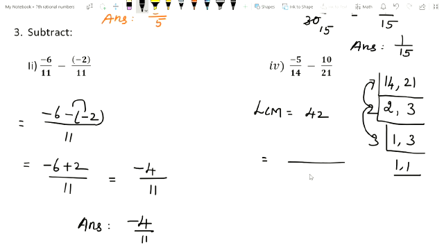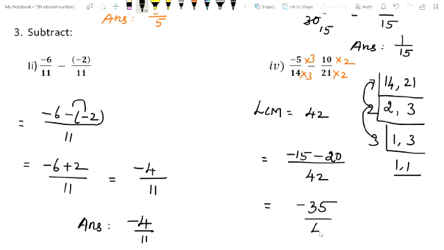The common denominator is 42. See the first term, minus 5 by 14. Here the denominator is 14, so we have to multiply with 3, then only we will get 42. Here 21 is there, so we have to multiply with 2. Now we multiply 3 into minus 5, you get minus 15. Minus of 2 into 10, 20. Now both the numbers have the same sign, so you have to add. Minus 15 minus 20 you get minus 35